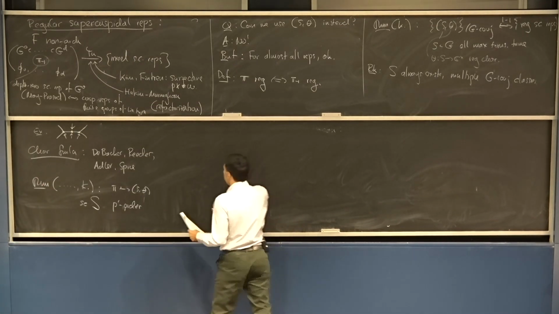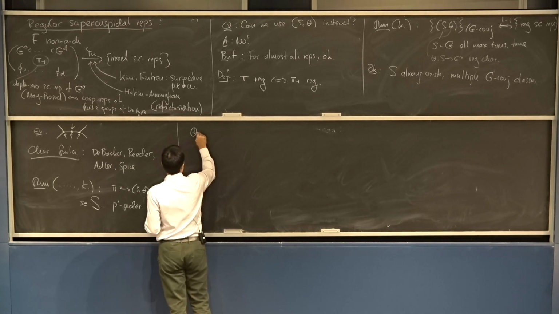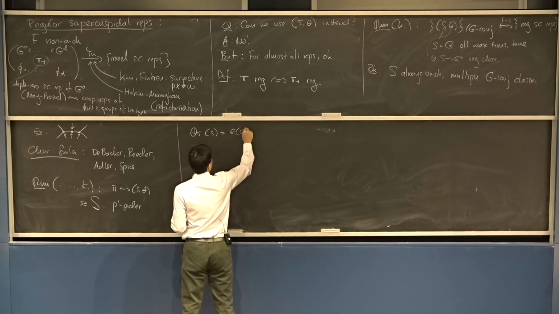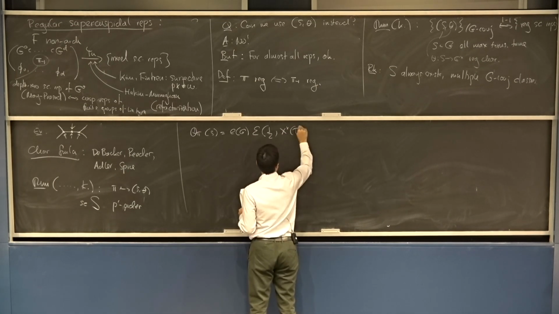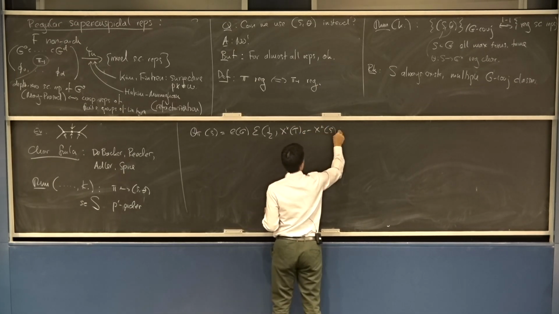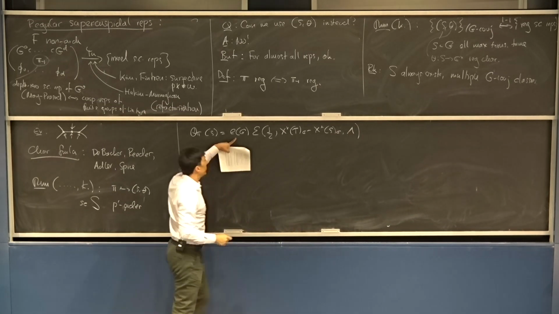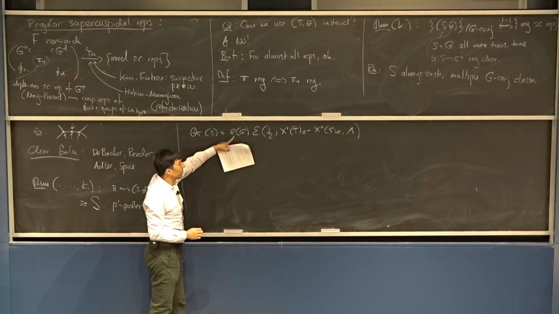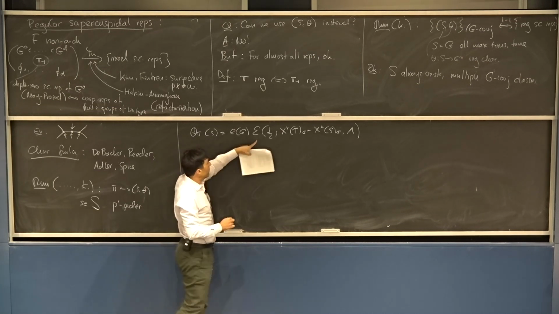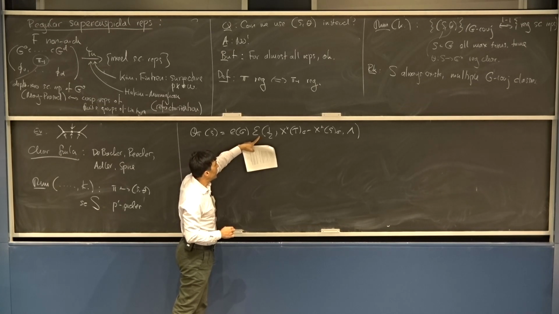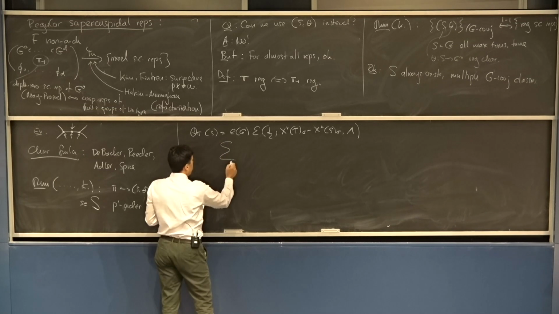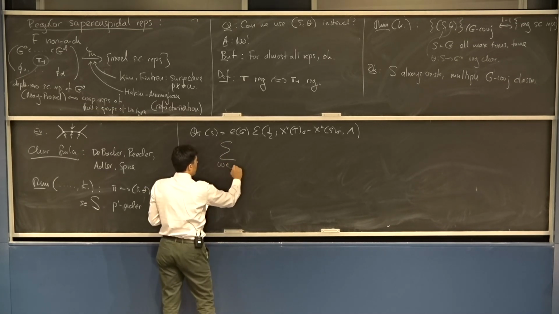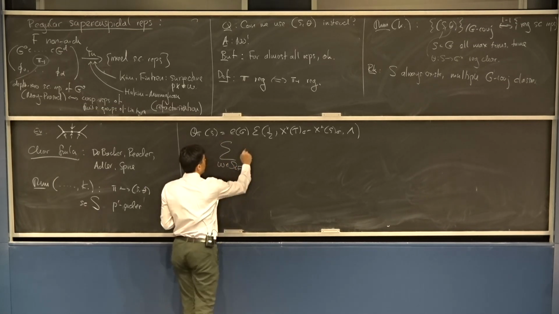But if we stick to this, then the character has the following shape. There are, first of all, some constants in front. The first constant is something very familiar from harmonic analysis. It's the Kottwitz sign of the group. If the group is quasi-split, this is 1. So this measures how non-quasi-split the group is. And then there is a root number here, an Artin epsilon factor for a Galois representation made out of character modules of tori. And after these constants are done, you have a sum which is very similar as in the real case.